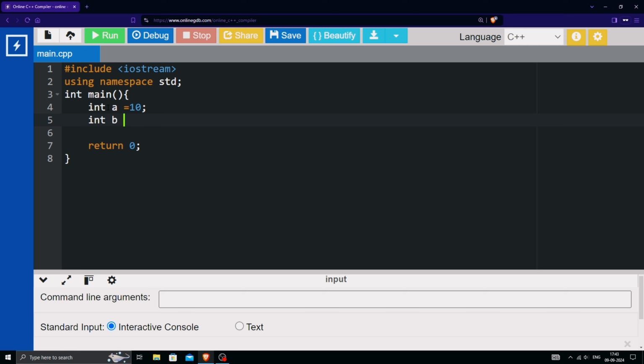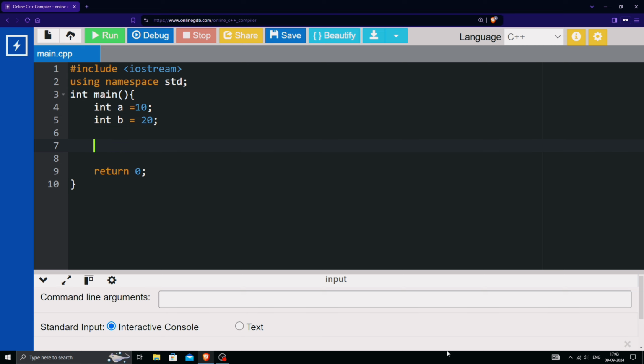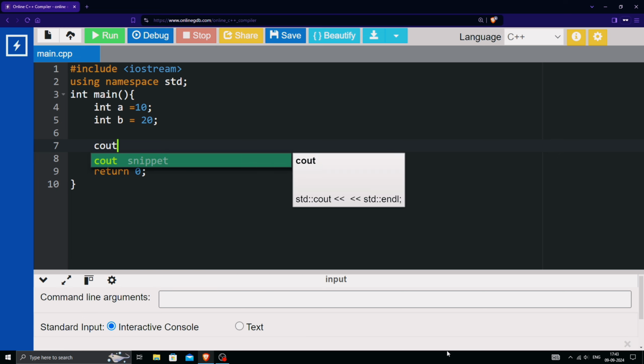To perform some mathematical tasks, we will open an online compiler and declare two variables, int a and int b, with the value of a equals 10 and b equals 20. And we'll use cout and give a plus b,